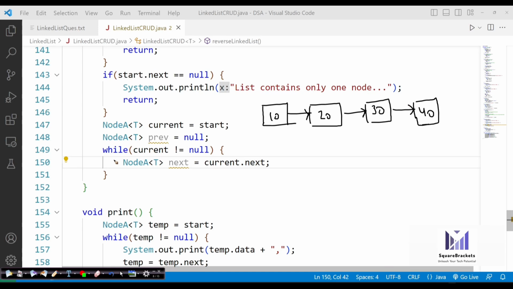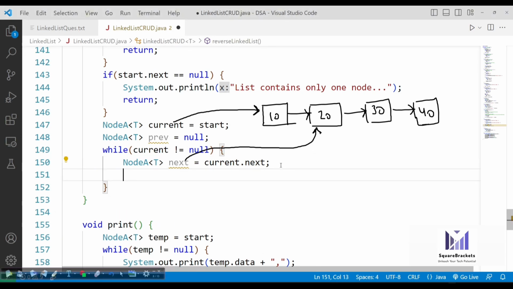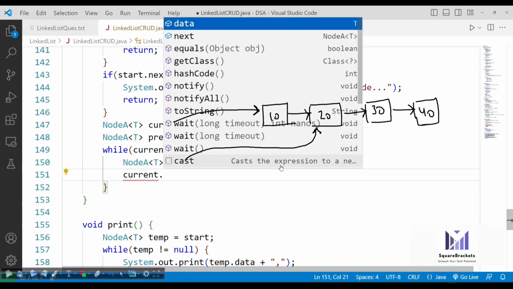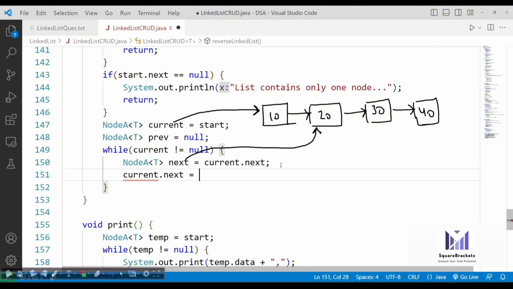So let's talk about the current variable. So current variable is actually 10. In my next variable, what I have is the 20. I have already stored the reference of 20 in my next variable. All right. Now, the next statement will be current node dot next is equals to previous node.